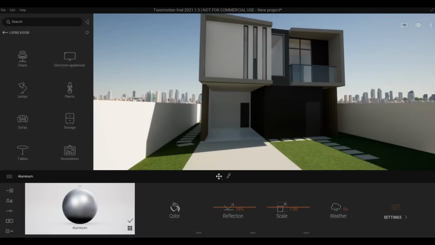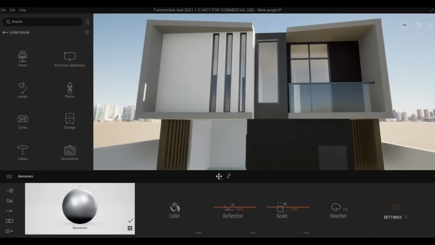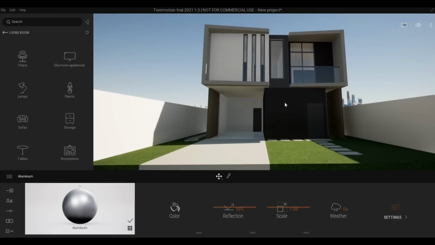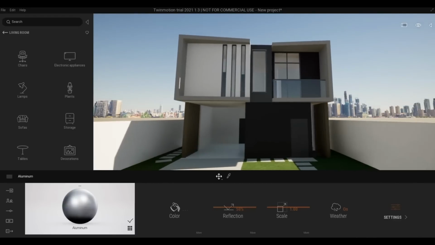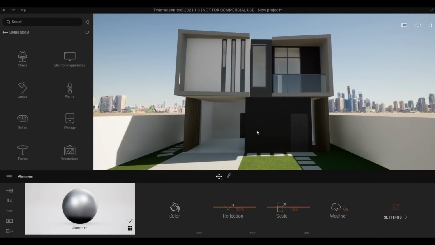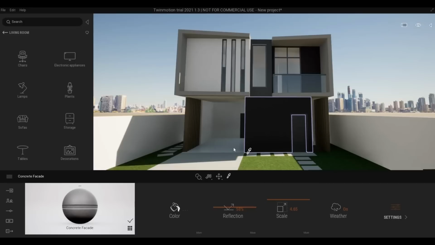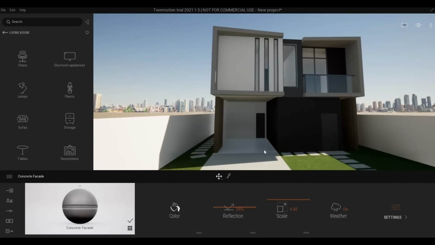But maybe that's too much change on this. So now this one should be lighter because of the contrast. Maybe I could just make this lighter, but this is already light. Anyway,